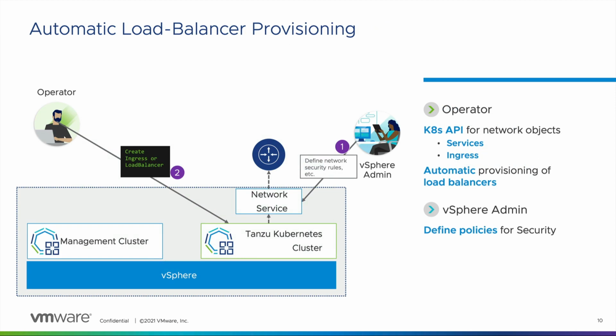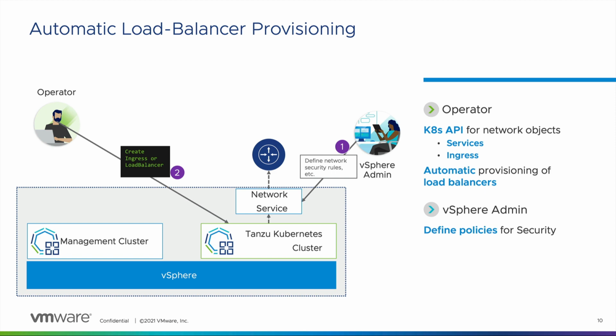If an operator requests a service type of load balancer, one will be provided through Tanzu Kubernetes Grid's integration with multiple infrastructure providers. This process is automatic and will perform all the necessary operations of talking to the load balancer service or controller, provisioning a load balancer, and tying it back to the Kubernetes service that was deployed. When using a native service such as AWS, an elastic load balancer will be provisioned. When using vSphere, there are multiple types of load balancers that can be configured, such as NSX Advanced Load Balancer